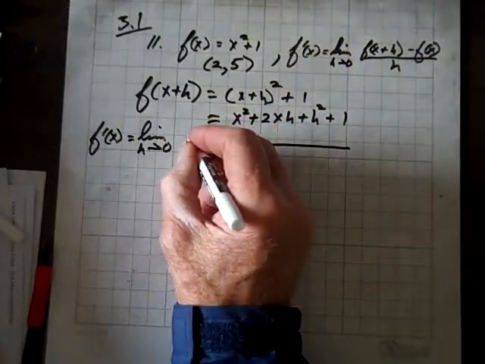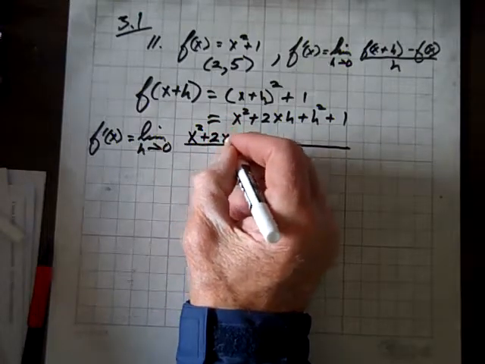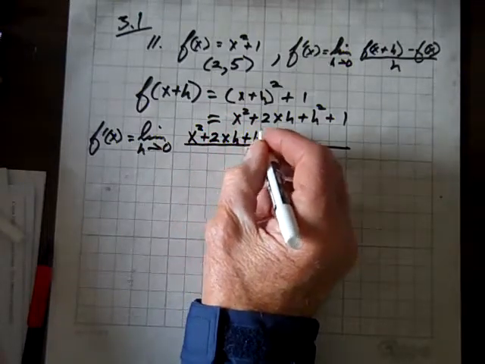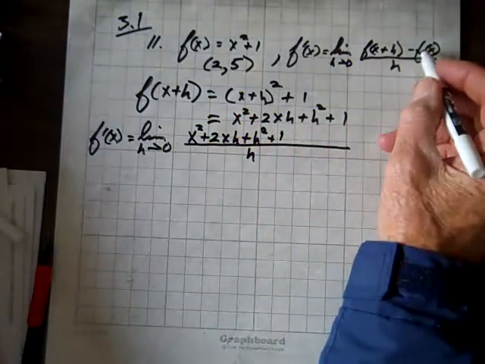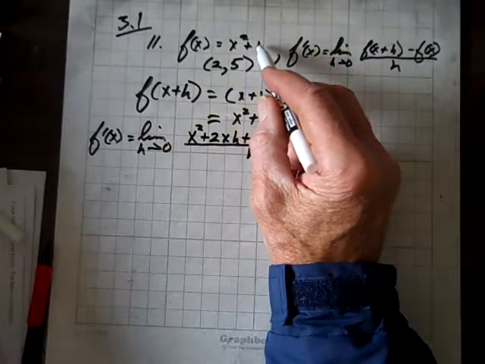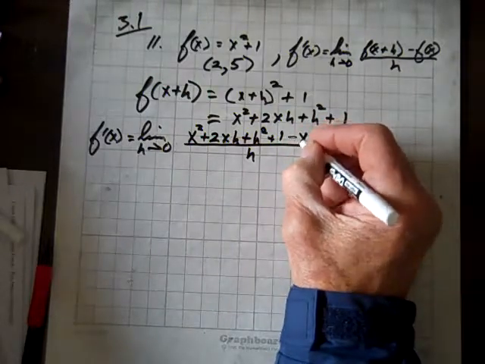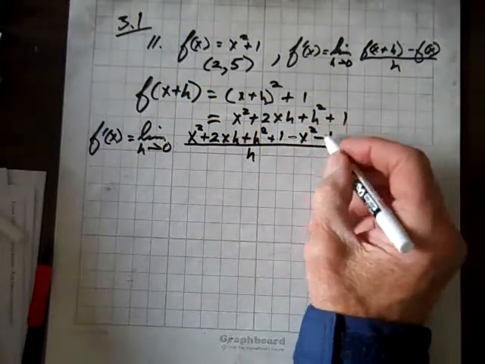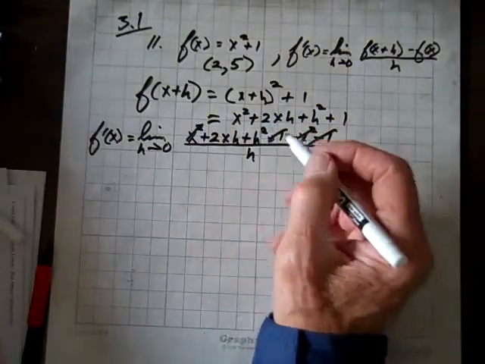Well, there it is: x squared plus 2xh plus h squared plus 1. Now minus f of x. Well, f of x is x squared plus 1, so if I multiply that by a negative 1, I get minus x squared minus 1. Now notice the 1's add out, the x squareds add out,